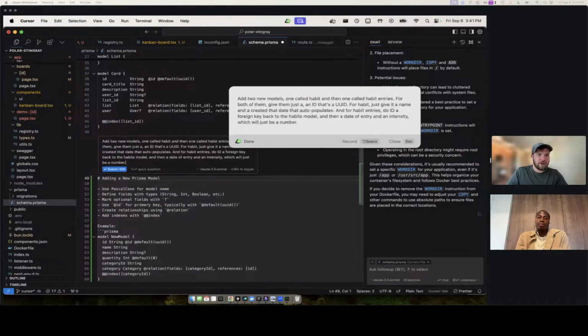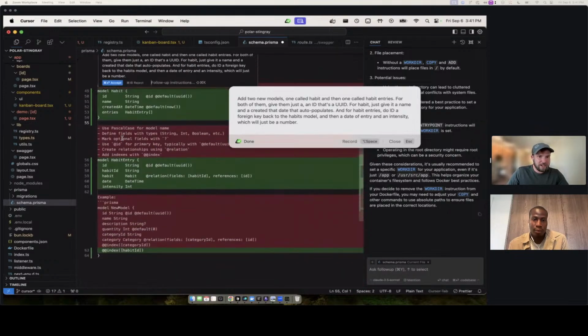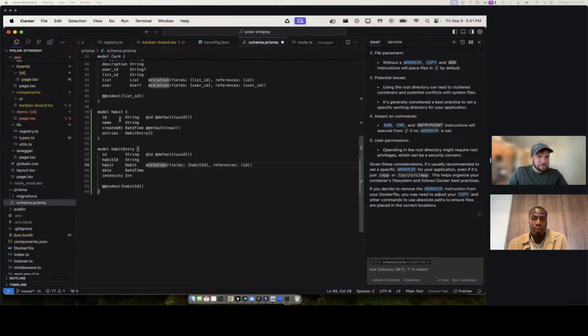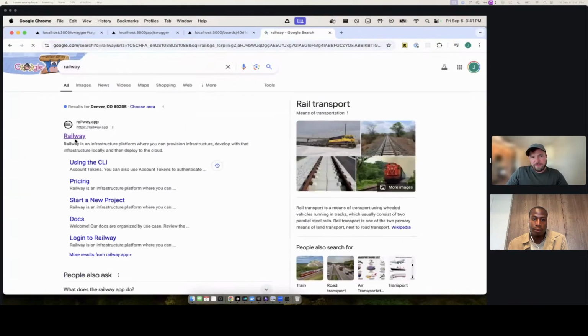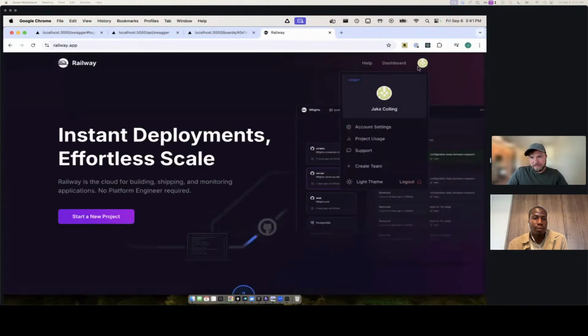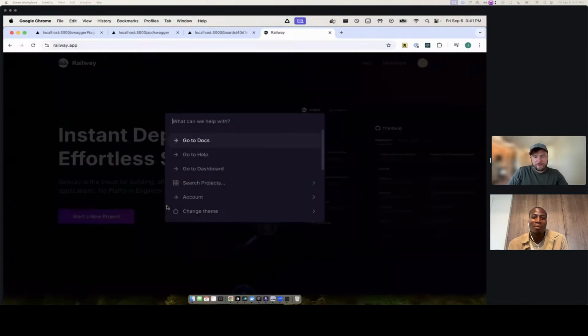And this kind of workflow of prompt template and then transcription over it for what you actually want is a really good way to get tons of context to the model, and it just generates exactly what you want. So we have that now, habit and habit entry, in Prisma. Let me pull up the database. I wonder if I've already made these changes or not.